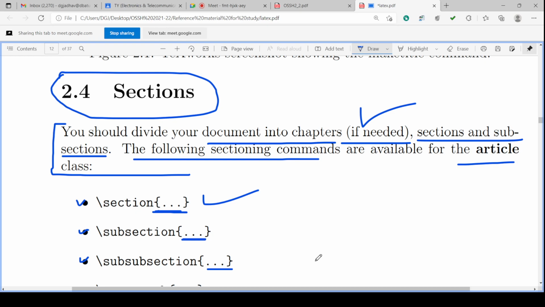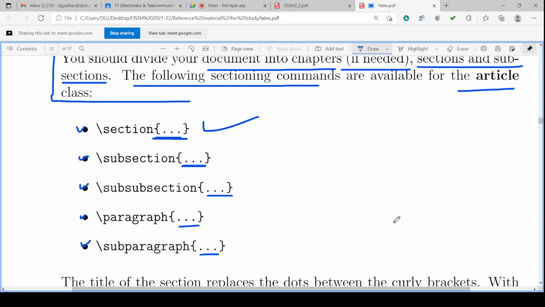So in the appearance of the document, there are sections in long documents, and these sections can be programmed like this with the \section command. And not only sections are there, there are subsections under the sections. There may be subsections under the subsections.